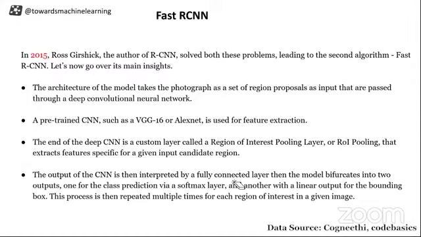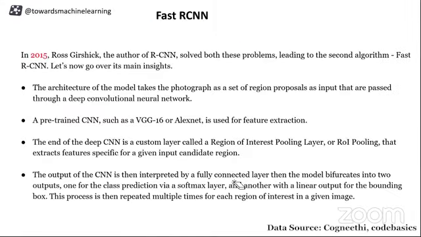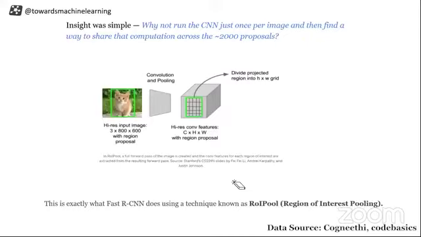So came Fast RCNN. The same person who invented RCNN came with Fast RCNN in 2014, just one year after. What Fast RCNN does is, instead of doing the selective search on the image and then passing 2000 images to the CNN architecture to find out the features, he first passed the image to the convolutional neural network. After that, he ran a selective search on it. And after that, he did the region of interest pooling. So what can the region of interest pooling be?